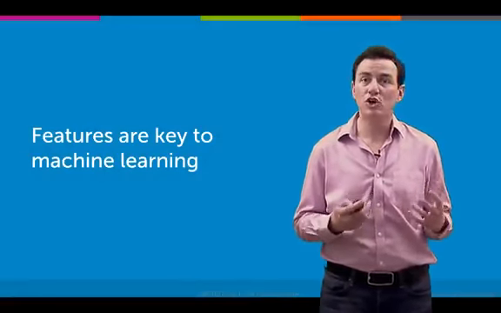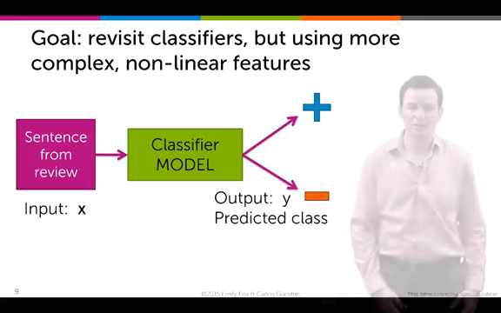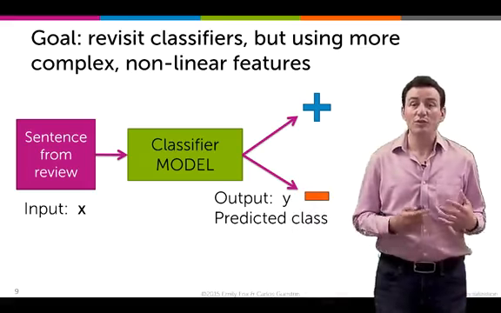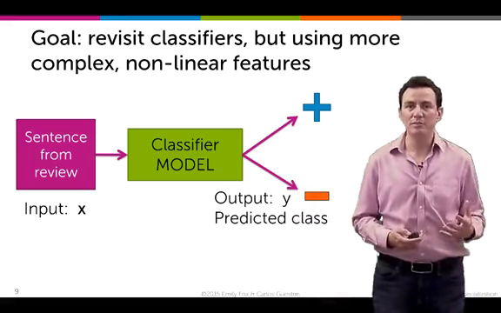We discussed things like TF-IDF and bag-of-word models, but how do you really represent data when it comes to images? These are called features, and this is a key part of machine learning. So typically, when we talk about machine learning, we're giving some input. Let's say we're doing classification. We talked about sentiment analysis. You're giving a sentence, it goes through a classifier model, and we decide if that sentence has positive or negative